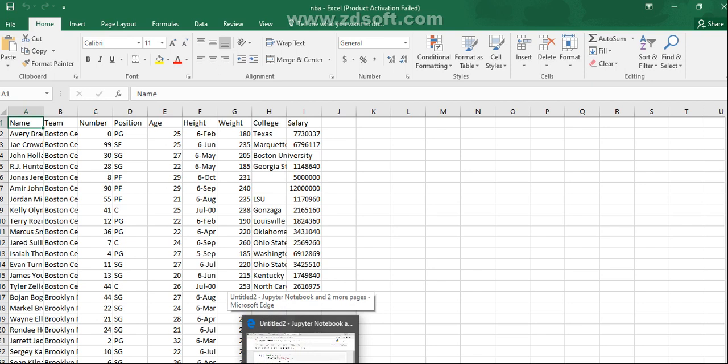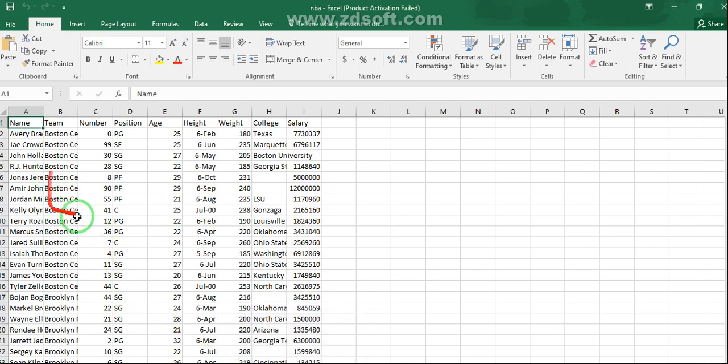A CSV file just looks like an Excel file. Clear? But the major difference is that a CSV file is a text file. Now the question arises, what is the difference between an Excel file and a CSV file? A CSV file is just a text file. We can store the data only. Clear? But in Excel, we can store the data and apply different operations, like we can apply formulas there. But in a CSV file, it is just used for storing the data.